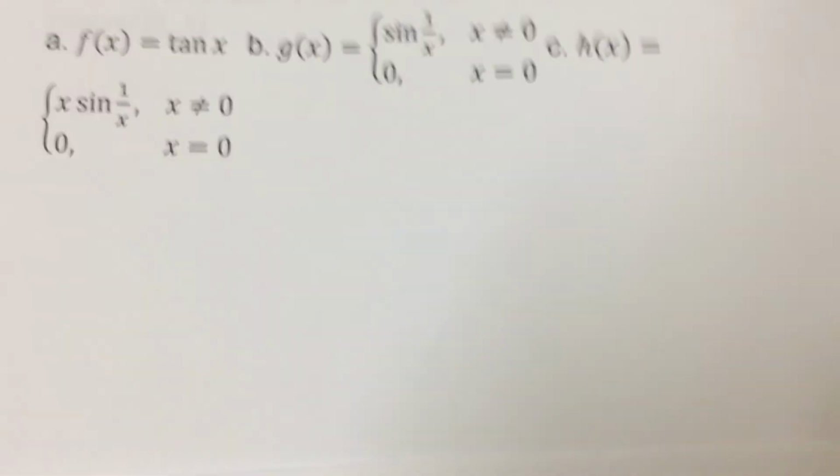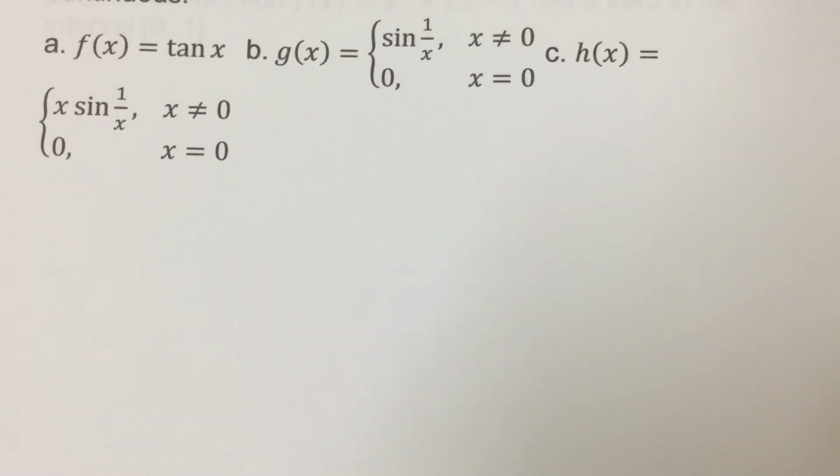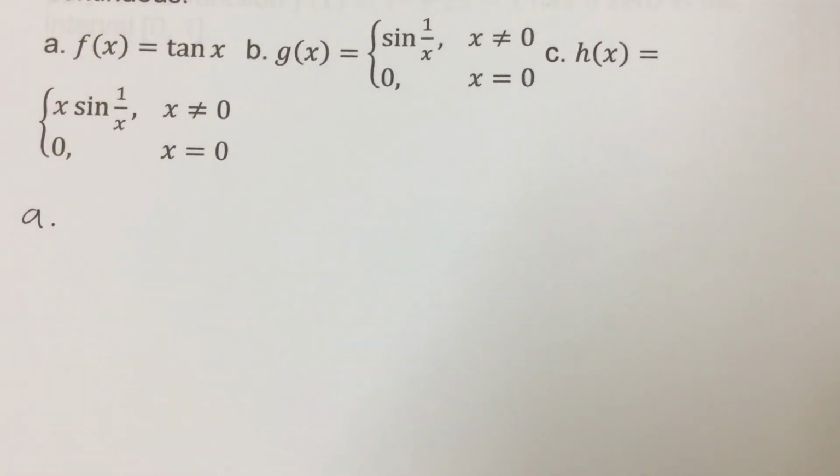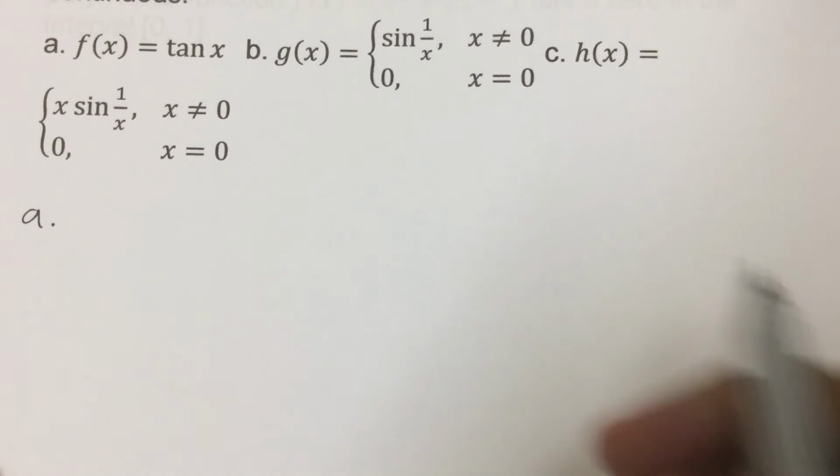Now, looking at this, for which intervals will the function be continuous? We have tangent of x, and we have a piecewise function involving sine of 1 over x and 0, and x times sine of 1 over x and 0. So if we start with a, tangent is going to be continuous everywhere